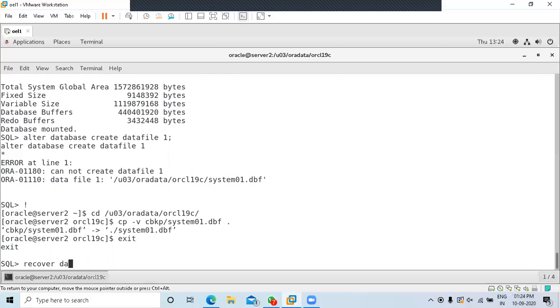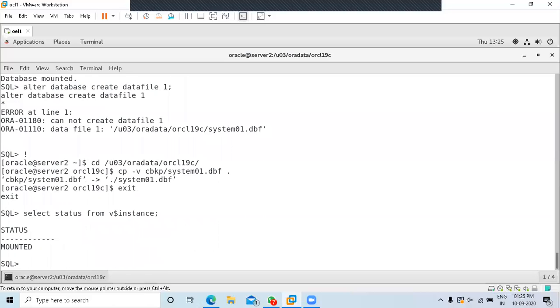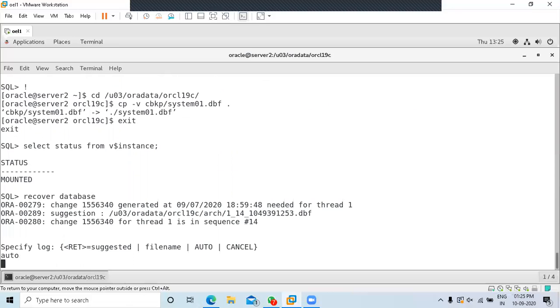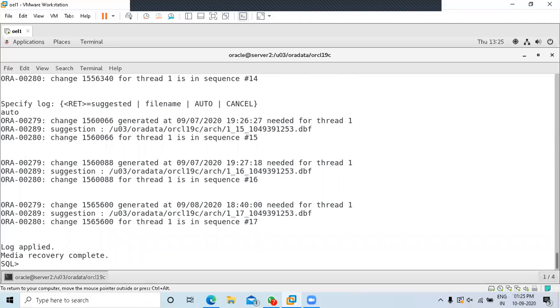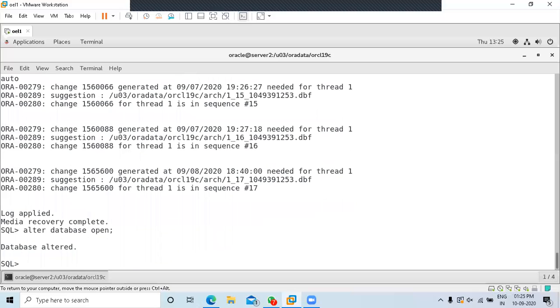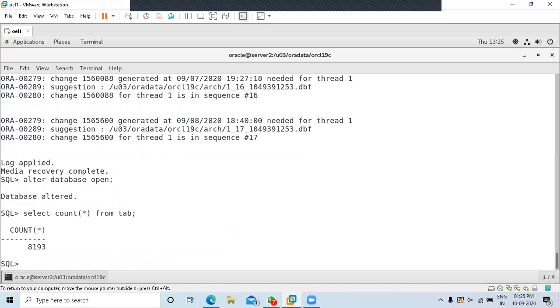Startup. Oh, it's already started, right? So what do we do? Recover database. I'm already in mount state. Check it out: select status from v$instance. Okay, I'm in mount state. You could type recover datafile 1, but not even that. Just recover database, because we did shutdown abort and you need to recover everything. Type auto, press enter. It's applying archives and applied online redo log files. Now alter database open. We are in mount state, so open the database. That's it, it will open. You have full control of your database now. Fantastic. Everything is done.